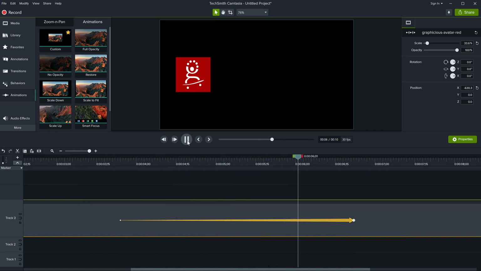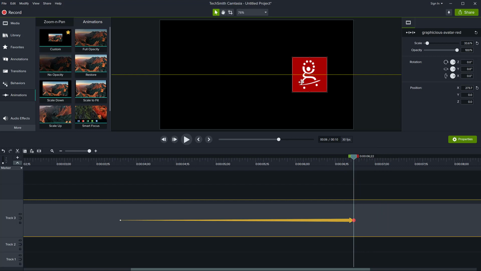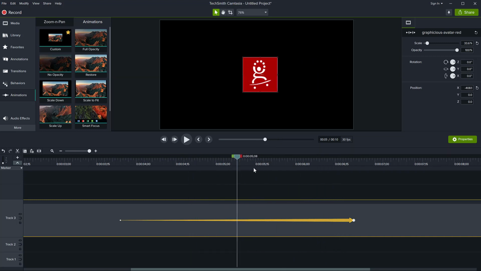You can see there's nothing happening because I haven't yet told the animation what's going to happen in the final point. So now in the final point, you see it's highlighted in red. The final point is what I want to happen with the animation. So I wanted to move this to the right side of the screen. I'm just going to place it there. Now, if I move the playhead, we can see that it's moving the object.